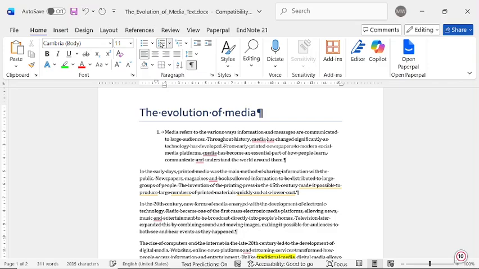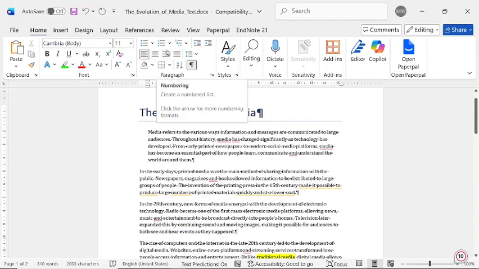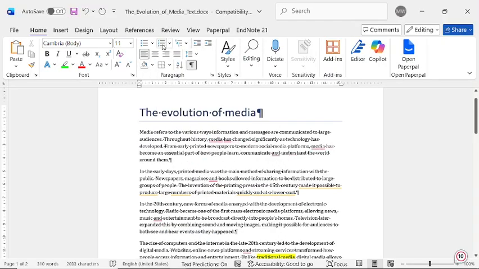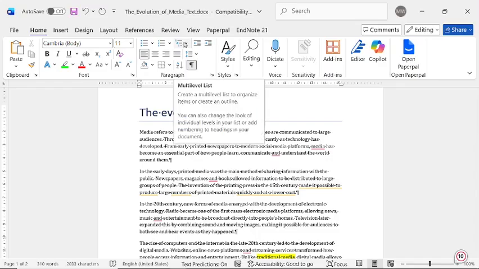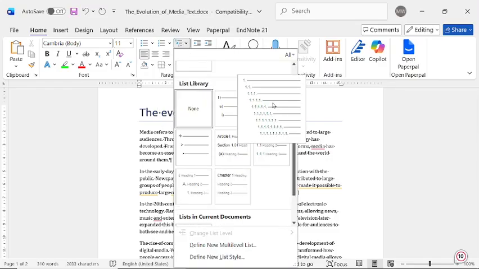We can also number, as well as using different formats such as a one with a full stop or one with a bracket, Roman numerals, uppercase and lowercase letters, and so forth. Now with this, we also get what we call a multi-level list. So this is where if we go here, we can say, okay, I want to select this option here,